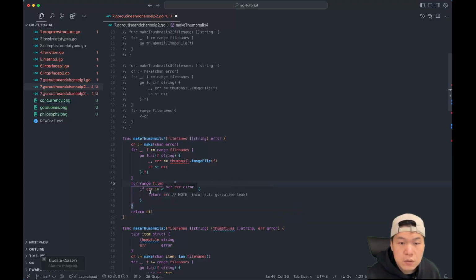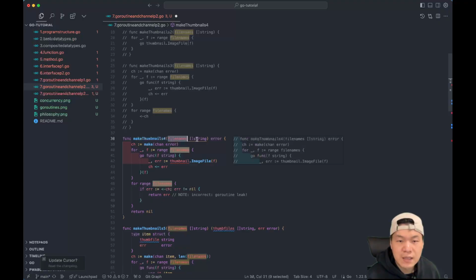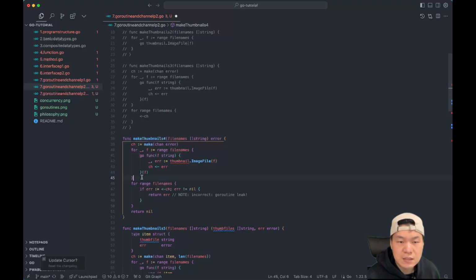Okay, so when you return an error, right? This function has returned, but if we have like 10 file names in a slice, and we have an error on the first one,